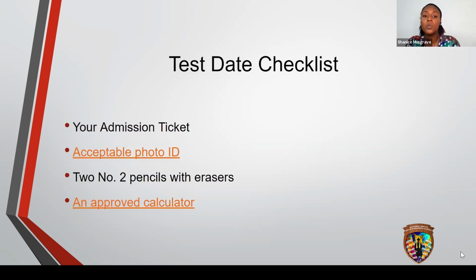When you have to go take your test, you usually go with your exam slip, or we call it the admission ticket, which is what you print out to take with you on the exam. You will take an acceptable photo ID, your passport, your ID. In some instances, a school ID might work if you don't have the above mentioned.